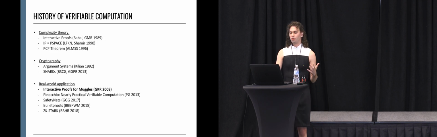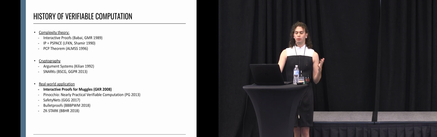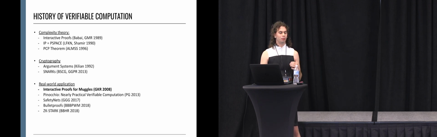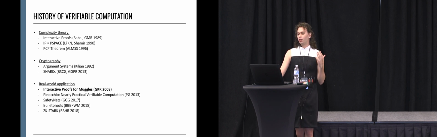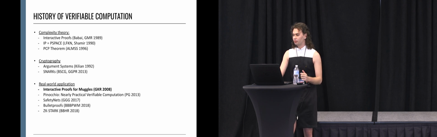So verifiable computation has been a topic that people have been talking about for a very long time, mostly theoretically in academia. But the most important result for our purposes is the bolded one, interactive proofs for muggles in 2008, which was the first vaguely real-world applicable version of these kinds of protocols. Although they had been designed in theory 2 decades earlier, for most real-world computations, the protocol for the PCP theorem would take longer than the expected lifespan of the universe to run. Not exactly something you can actually deploy.